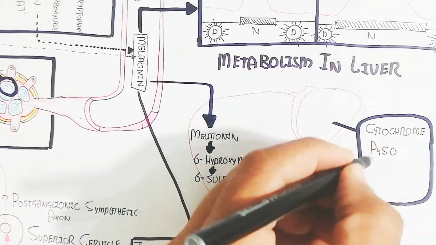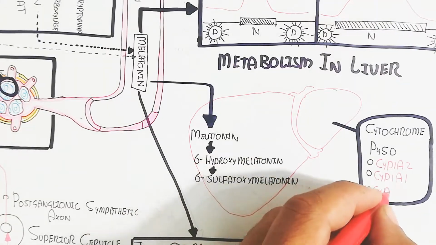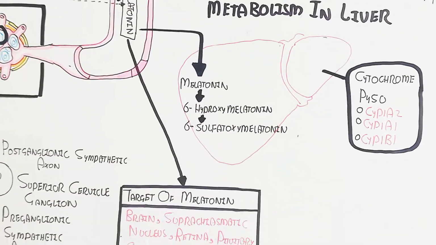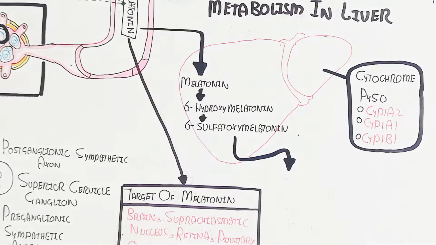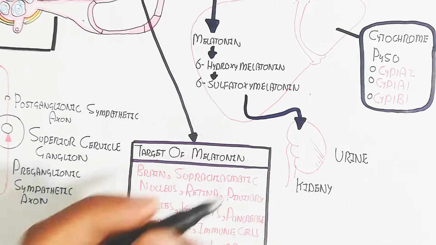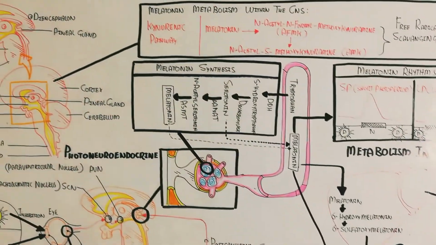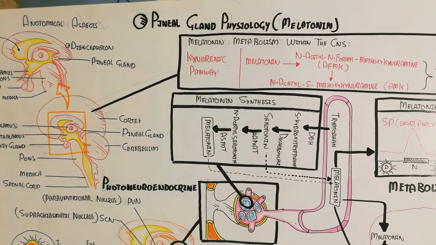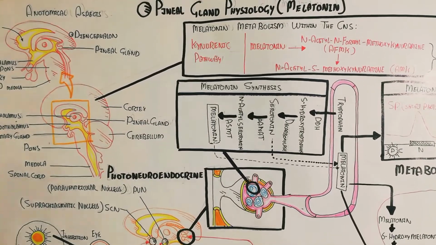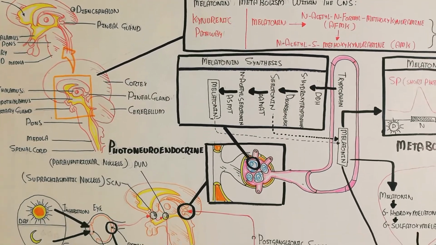The genes involved are the cytochrome P450 genes CYP1A2, CYP1A1, and CYP1B1. The kidney will excrete this 6-sulfatoxymelatonin. In this way, clearance during the daytime is very necessary for normal life. If it is not cleared, it causes problems and